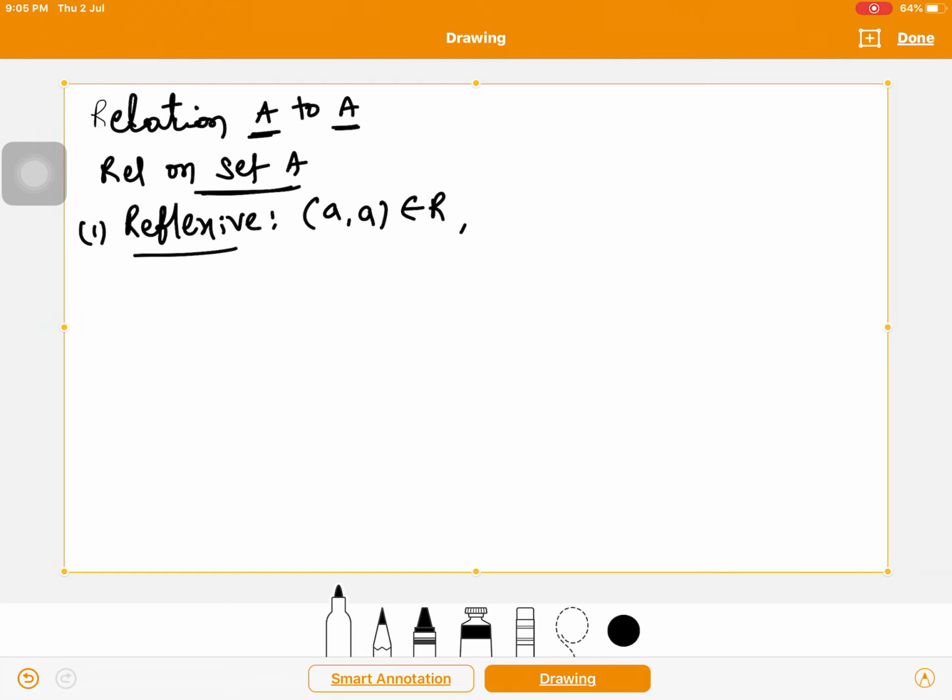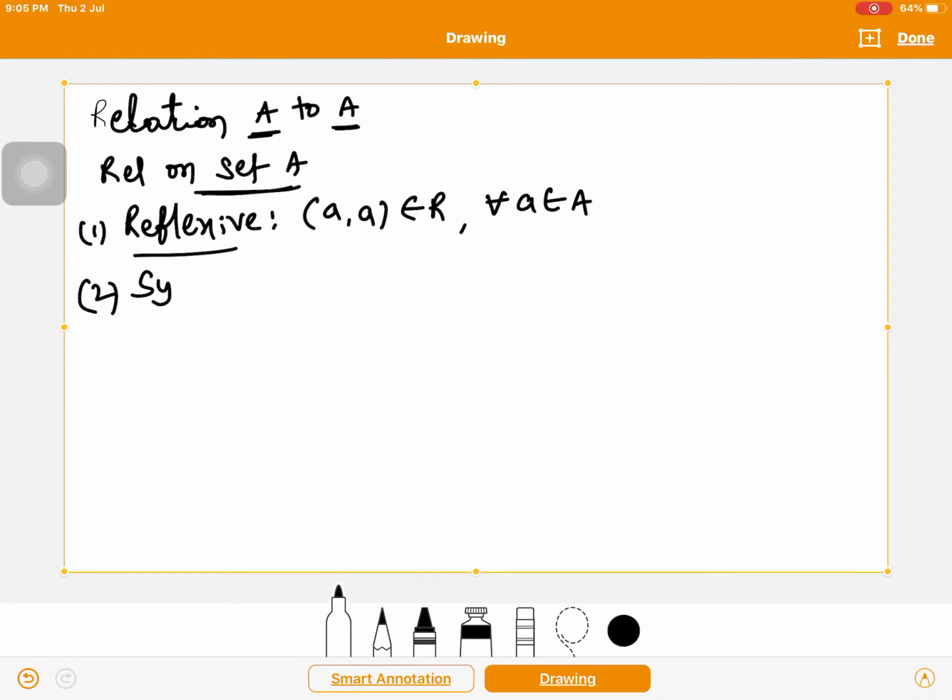If any other element is there, b, then (b, b). Any element c, then (c, c). Like that. That's why I'm putting the condition: for all a belongs to A. Each and every element is mapped to itself. All elements in set A are mapped to itself compulsorily. The result is called reflexive.